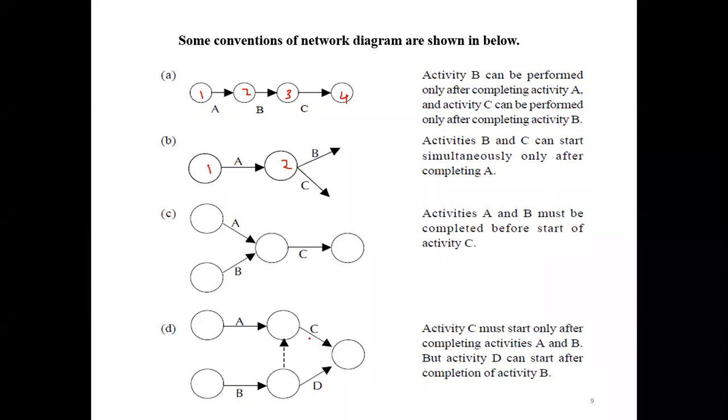Now you can say that both arrow marks go to overall C. So now A and B finish, C starts. After that, C and D together finish. Then, if possible, other activities will be started. Right. These are some guidelines to draw the network diagram. Very simply, you will understand when you work with the activities.